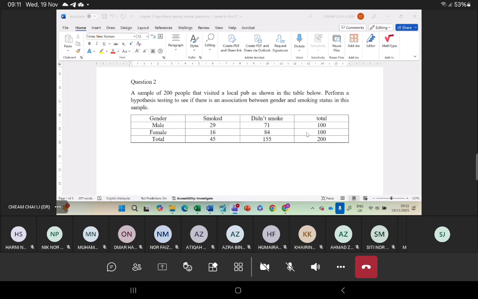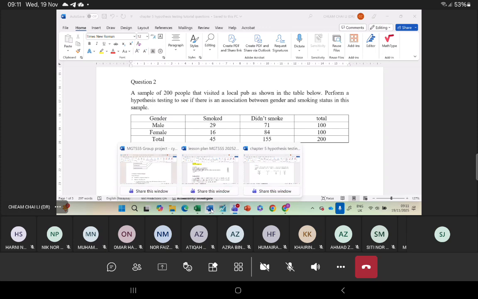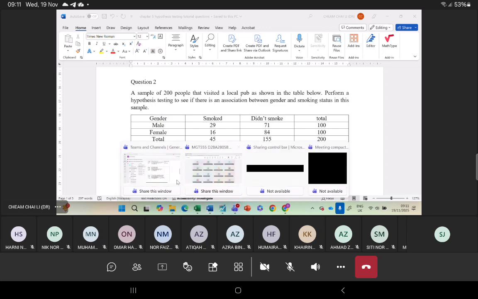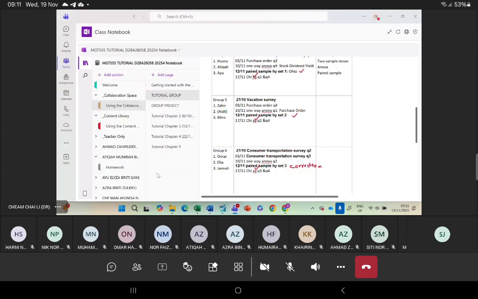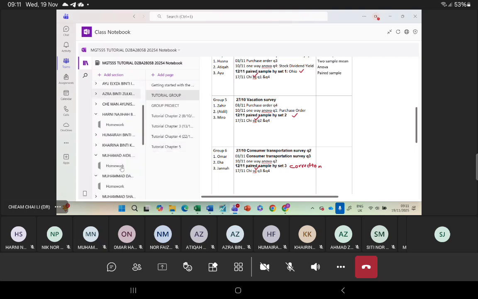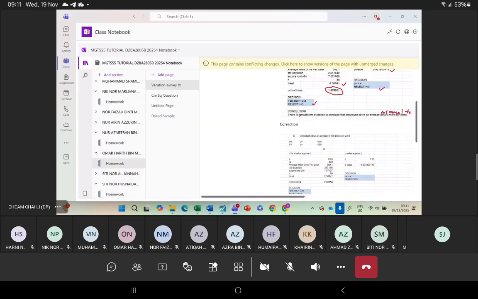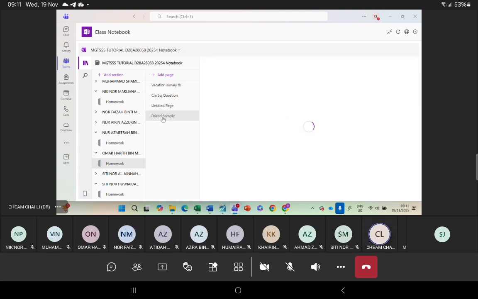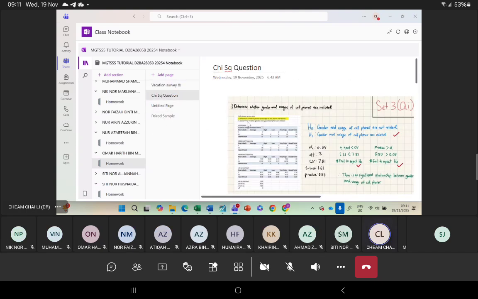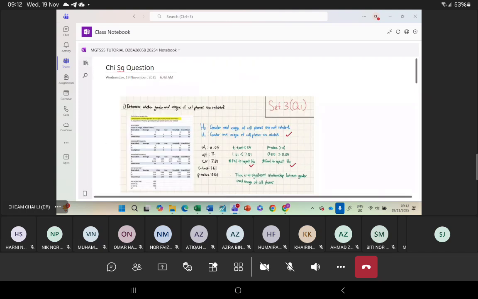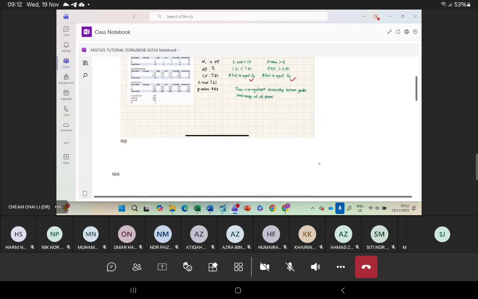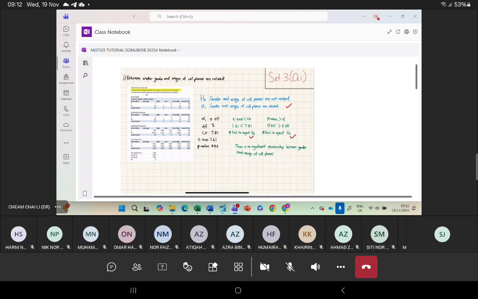So you see, you already have this data. So that means you can skip. Contohnya lah, right? So kena buat pivot table balik kan. No, you don't have to. You see, yang ni kita buat pivot table kan sebab data adalah banyak, right? So based on that question, you can skip this pivot table. You just straight away go to the observed